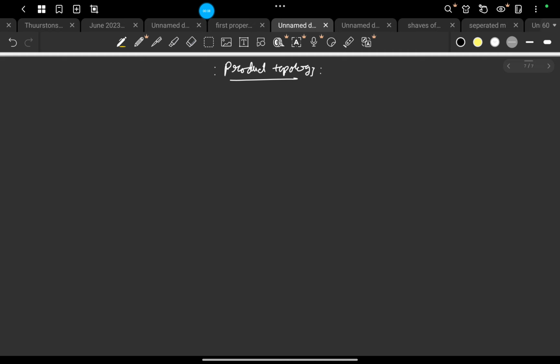So in this lecture we will define something called product topology. That's a very interesting and also very helpful topic to start with. But before that, let me just give you a motivation of why we need to do product topology. So just recall